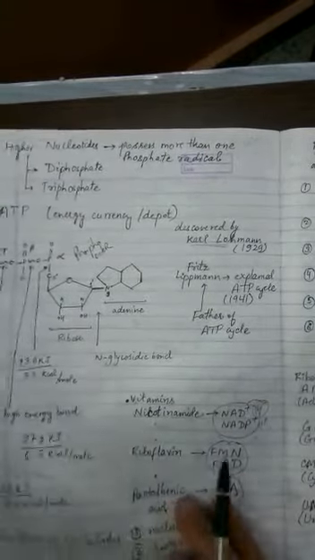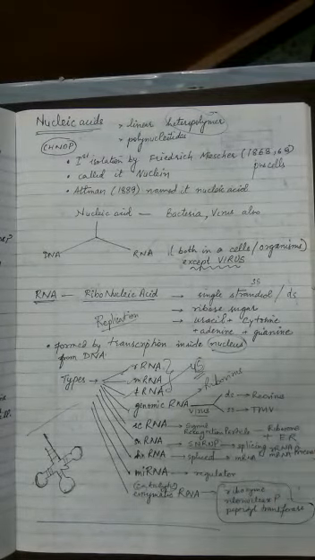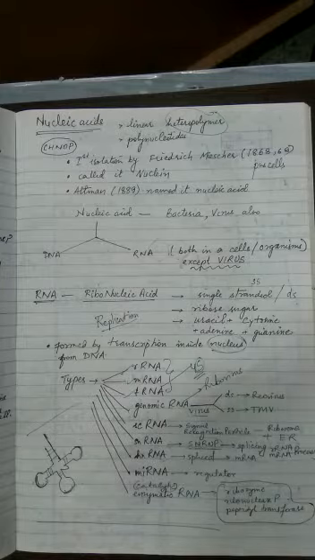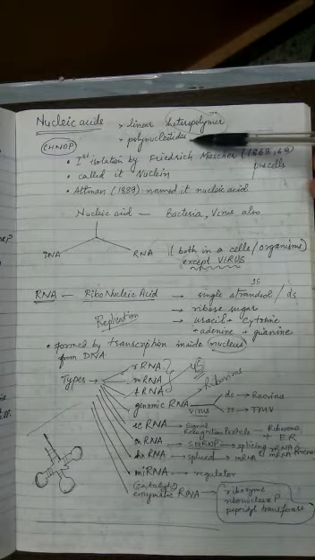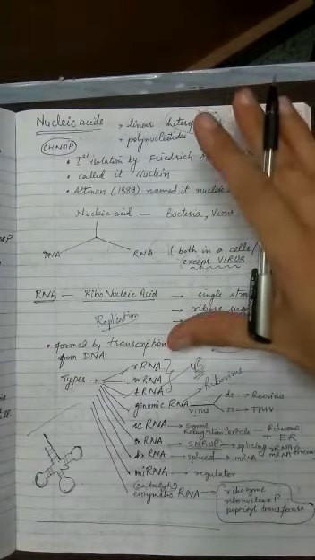Now let's come to the topic straight away. The topic is called nucleic acid. Now slowly we are coming close to the topic of structure of DNA. So nucleic acid is a linear heteropolymer. Why it is linear you have understood now, because bonds are formed in such a manner. It is called a heteropolymer because there are three different things present in it to form a nucleotide. So it's a heteropolymer, and then it's a polynucleotide because it's a long chain there. So we will carry on this topic in the next class.